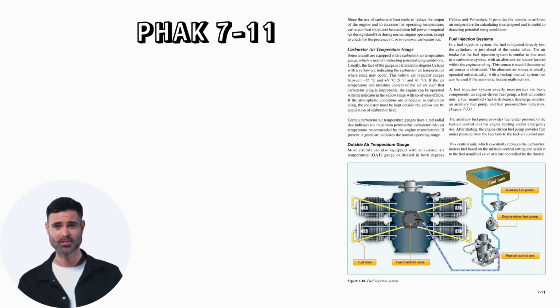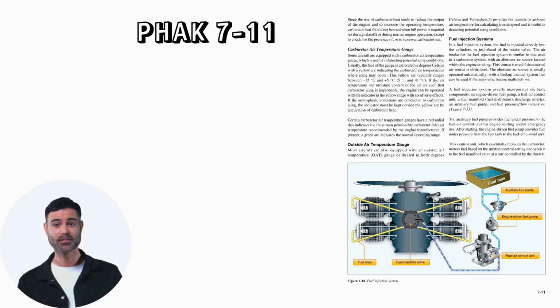In a fuel injection system, the fuel is injected directly into the cylinders or just ahead of the intake valve. The air intake for the fuel injection system is similar to that used in a carburetor system, with an alternate air source located within the engine cowling. This source is used if the external air source is obstructed. The alternate air source is usually operated automatically, with a backup manual system that can be used if the automatic